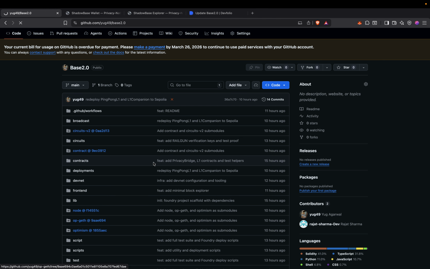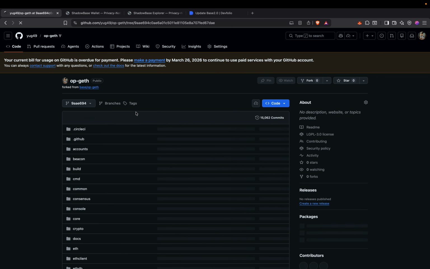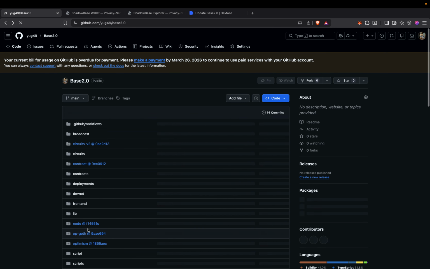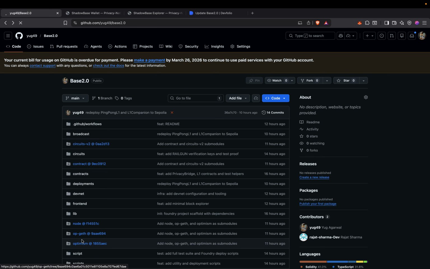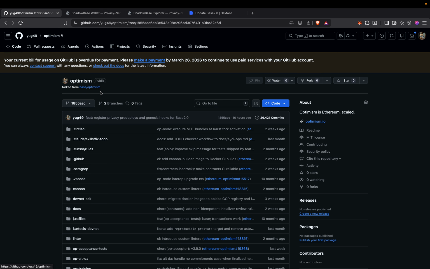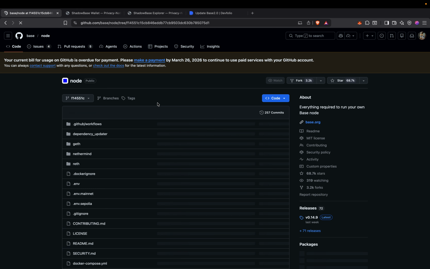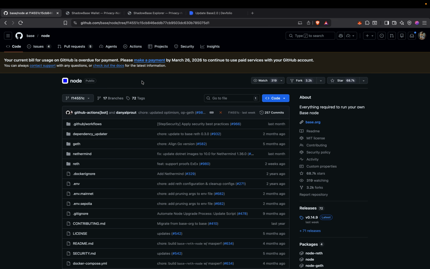We have forked OP-Geth and made the changes as we wanted from the Base organization, and the Optimism repo also, which has the OP node, which is the rollup that bundles up the transactions and settles into the L1. We have also forked it from the Base organization. We have also used this node from Base to get the reference of node workings.